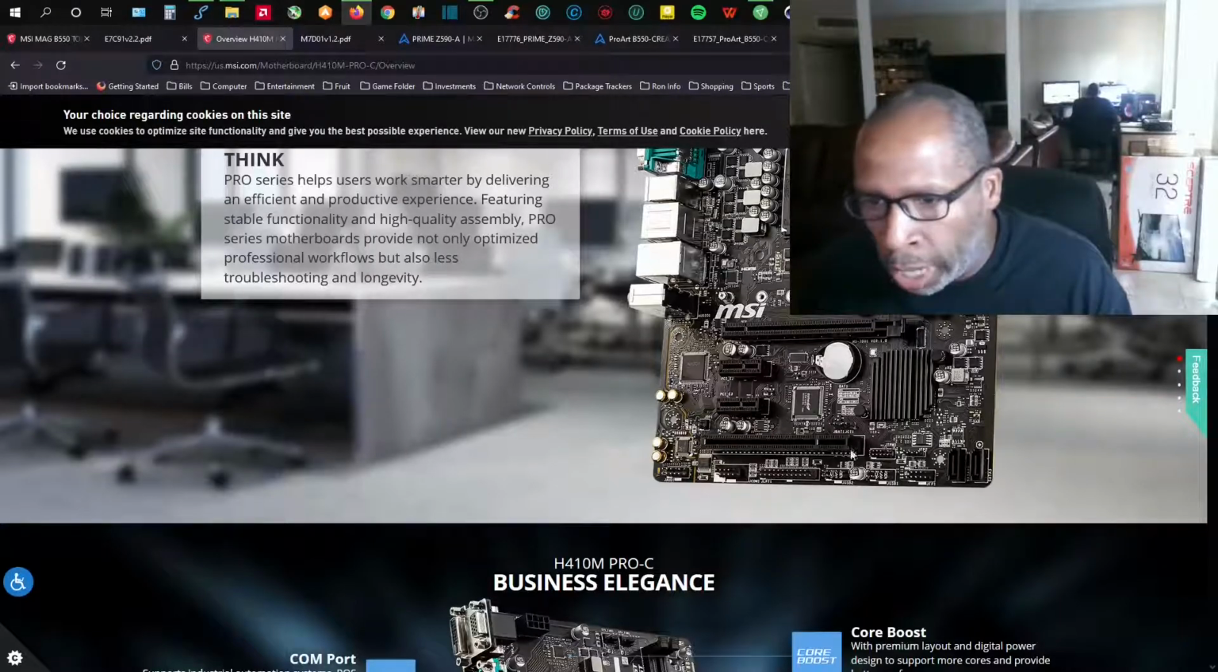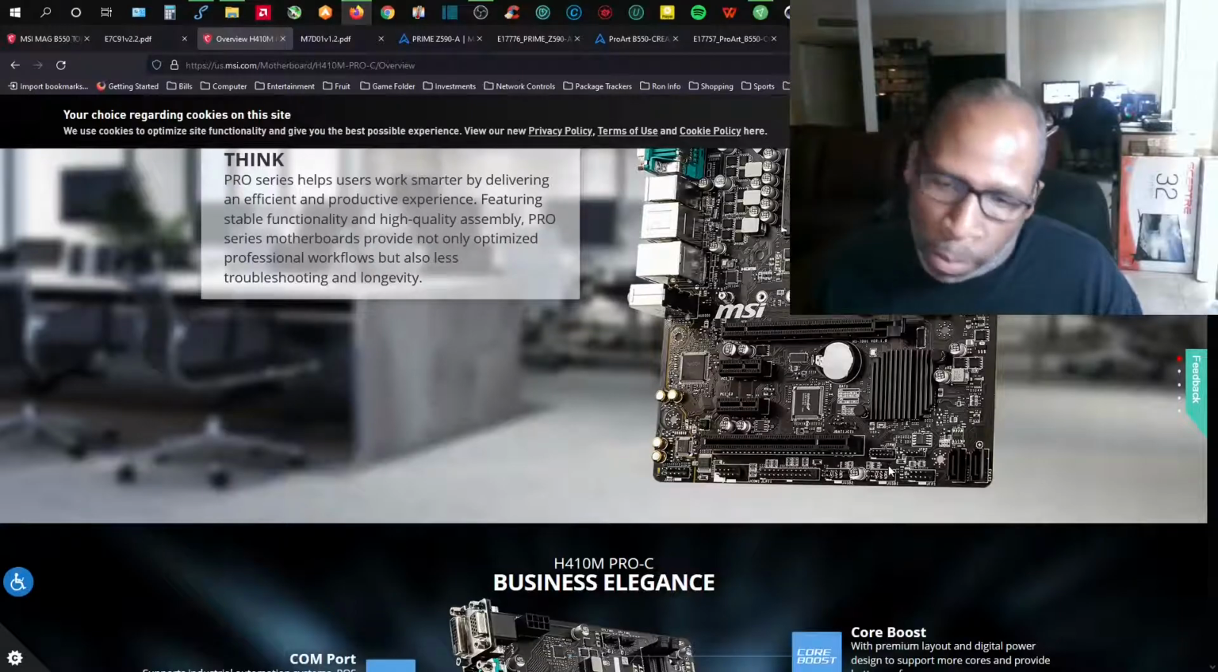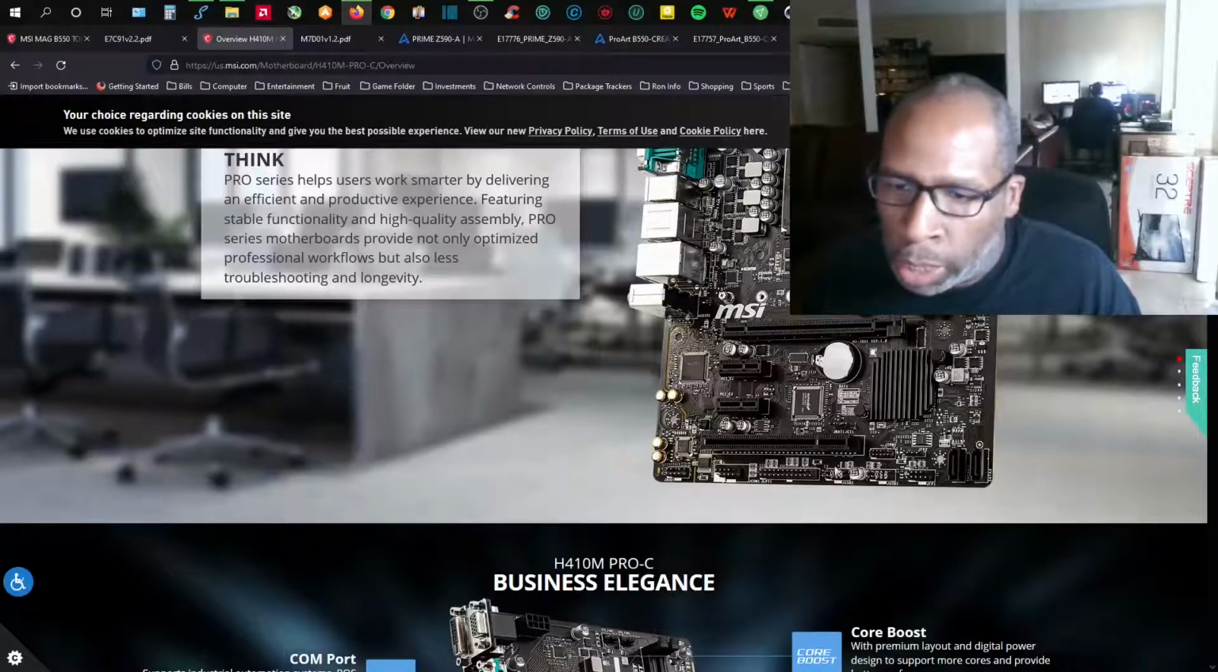Just like I said, your JTPM header is right here, located right next to your SATA 3 and your SATA 4 port, as well as your front panel hookup and your USB hookup. So yes, your TPM header is located right there, and to be more specific, it is located next to your